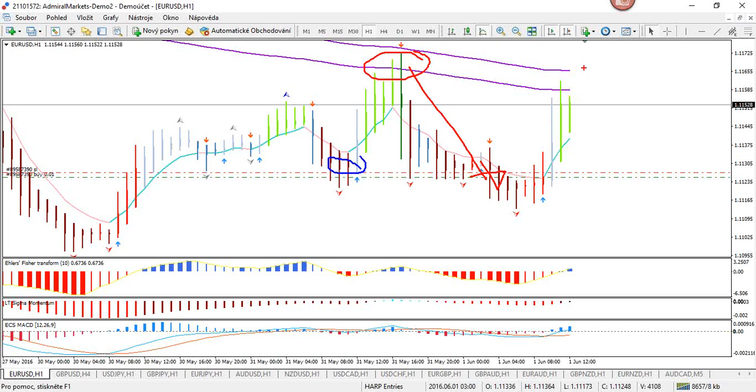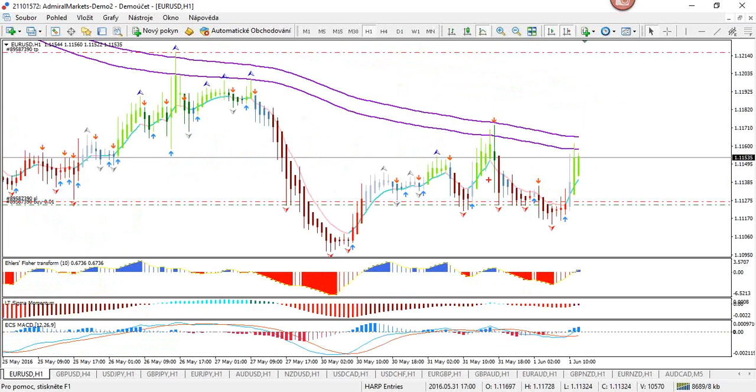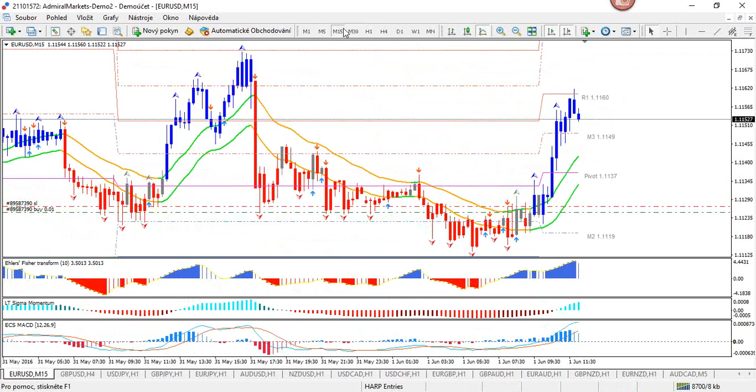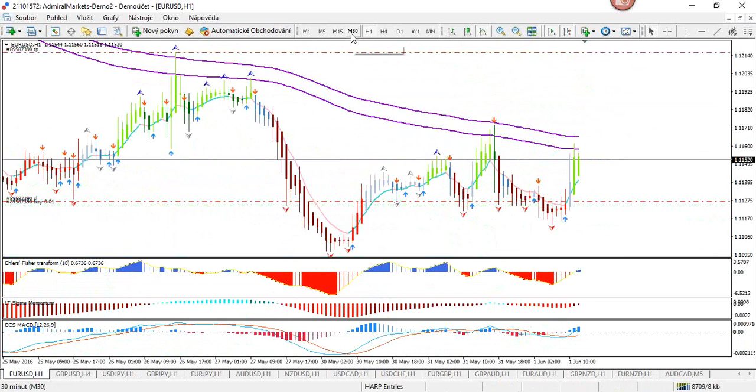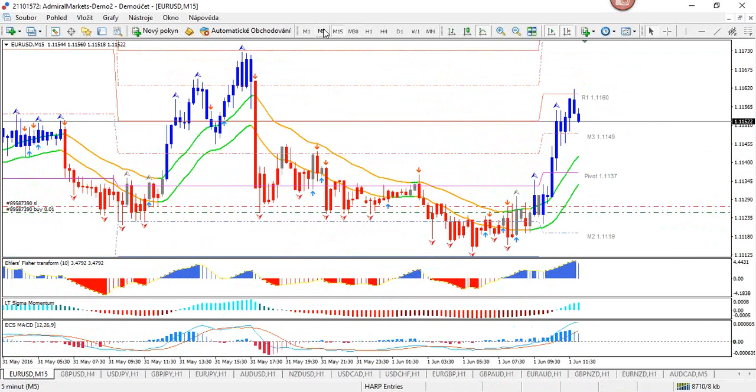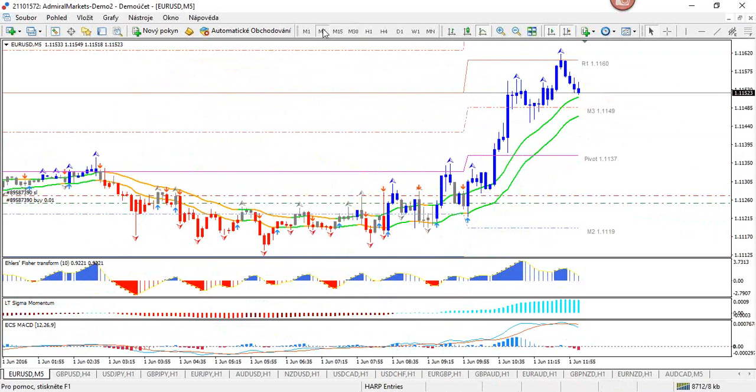Now we're back into an upside mode, and now it's a bit different because we already tested this resistance. We got divergence going on. There is a chance for price to get up higher. So, from that point of view, 50-minute chart momentum is on our side, but I do think we need a bit of retracement. I think we need to see, let's take a look what we need to see. 50-minute chart is retracing. So I think maybe even the pivot point,